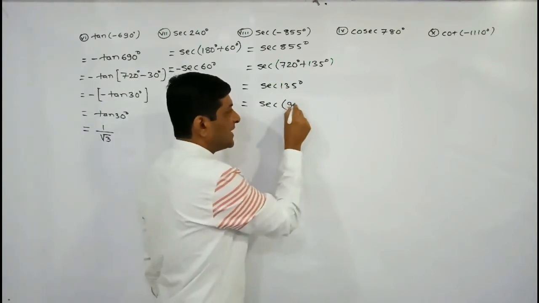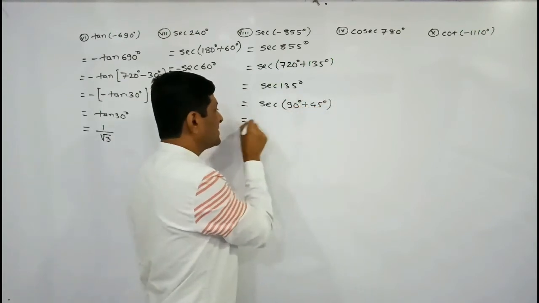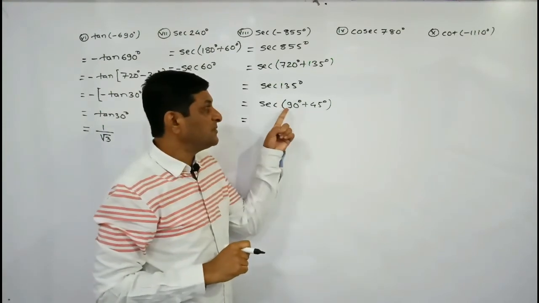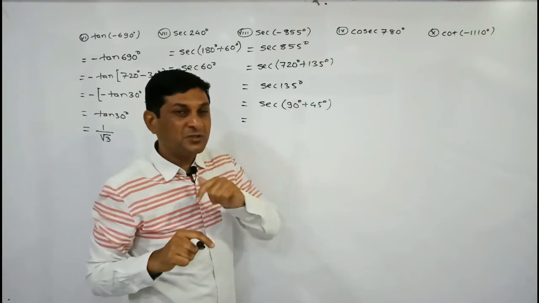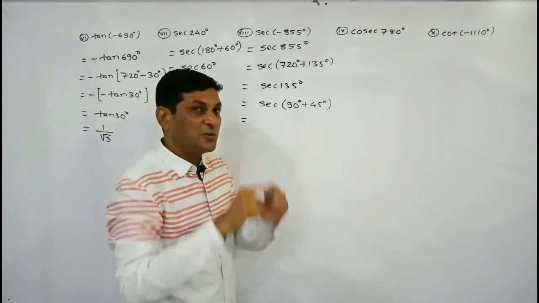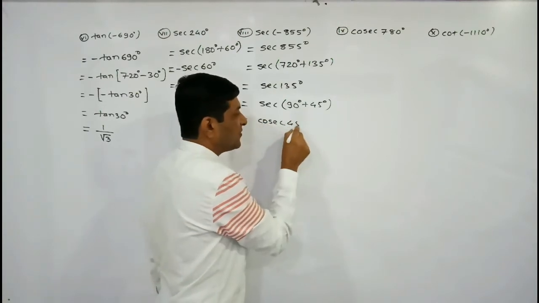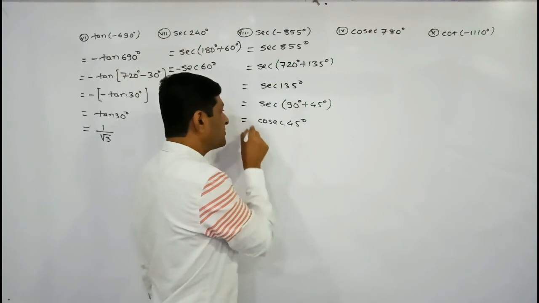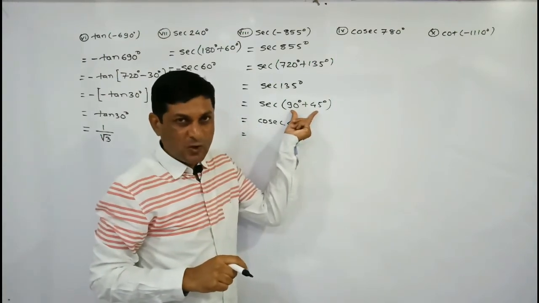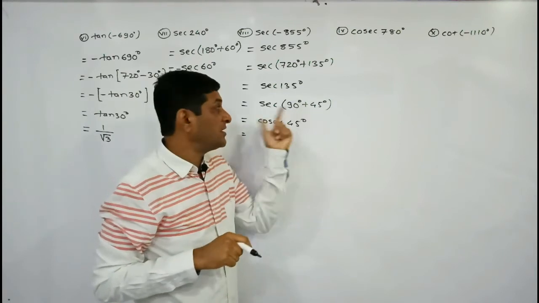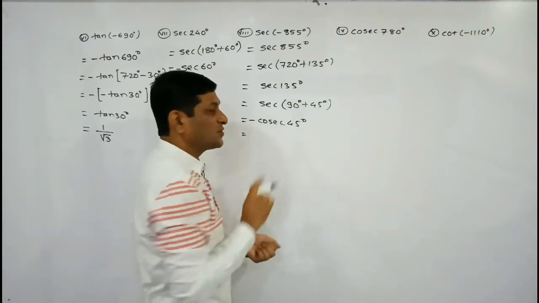can be written as 90 plus 45 degree, which is equals to, now if first term is 90 means what? Pi by 2. If first term is pi by 2 or 3 pi by 2, sec will get converted into cosec. So its value will be equal to cosec theta. What is theta here? 45 degree. Now whether we have to take plus or minus, that depends on quadrant. Here 90 plus means it is second quadrant, and we know that in second quadrant value of sec is negative. So here we will get minus cosec